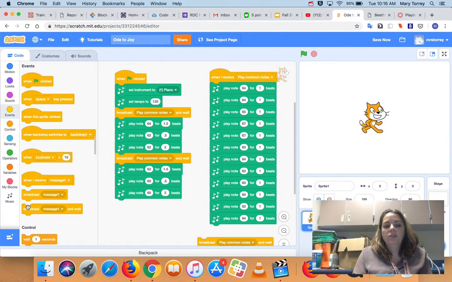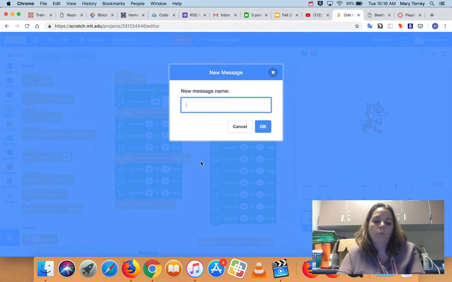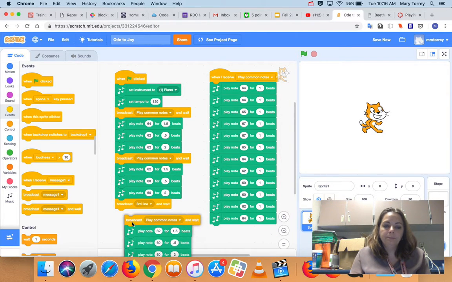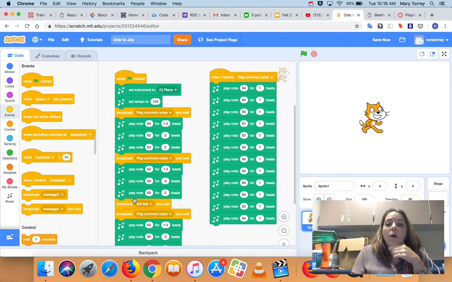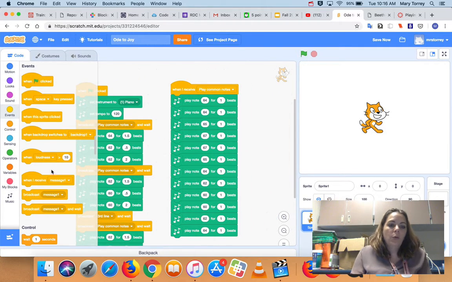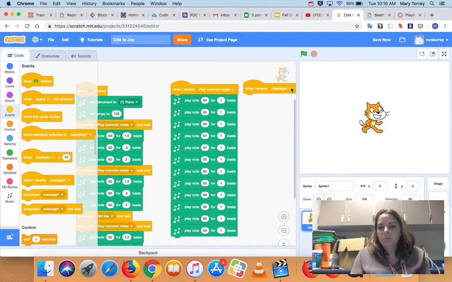You can do this any number of ways. I'm going to go ahead and do this way. I'm going to broadcast third line and wait. And then I'll finish it off with our last line. So now all I have to do is program my third line. So when I receive the command to play my third line,